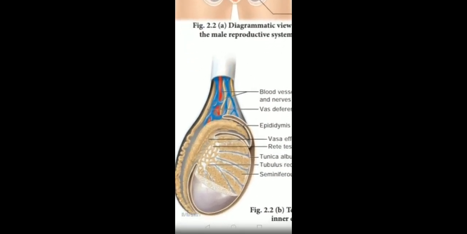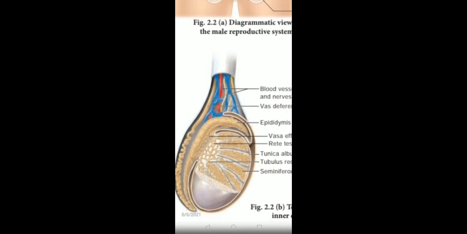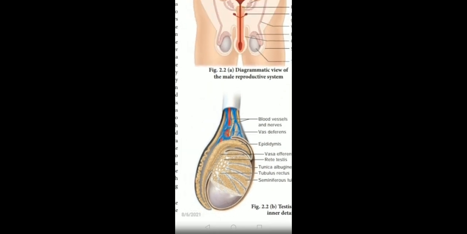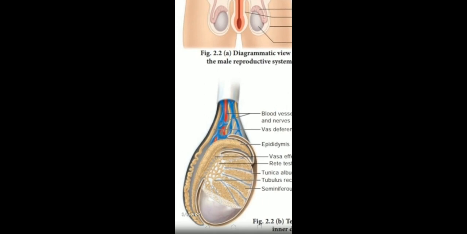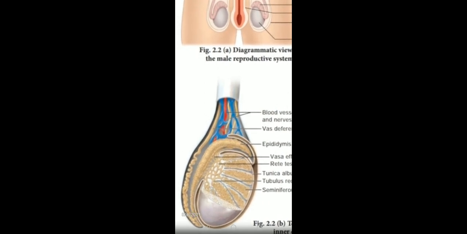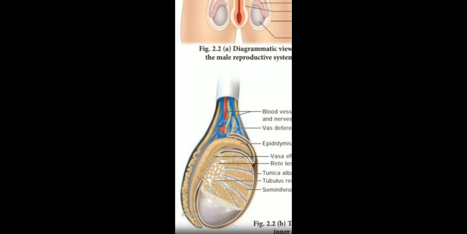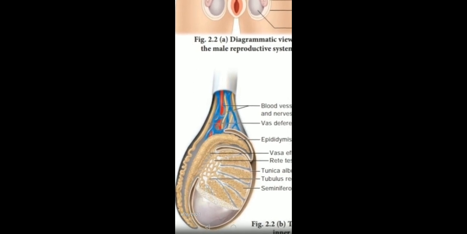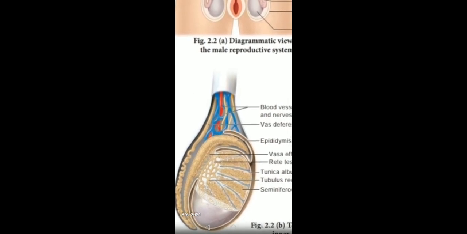What does acquire increased motility mean? The epididymis is the temporary storage of sperms. During that time, the sperms undergo maturation, and they move here and there. That is what we call motility. Increased motility means moving here and there. Fertilizing capacity also develops in the epididymis. They will ask you what the functions of the epididymis are. Mark it out for 2 marks.